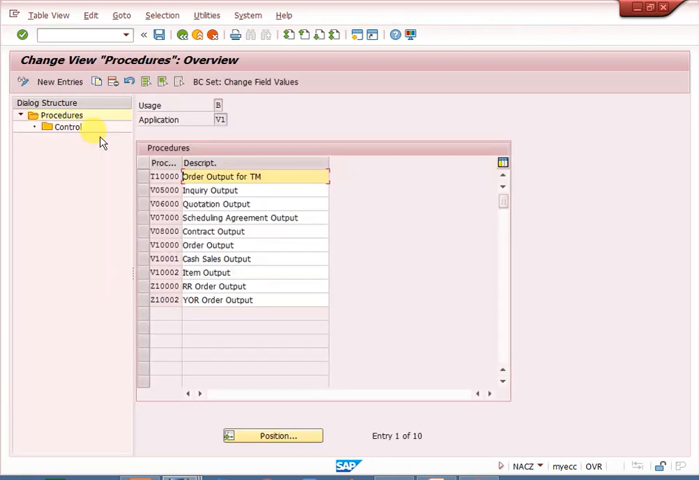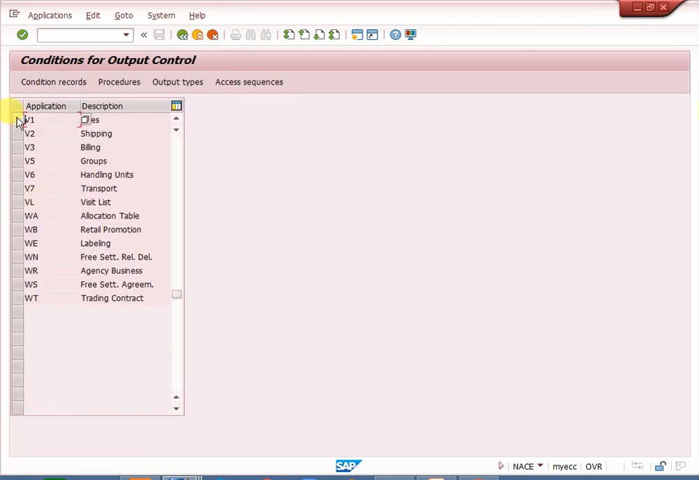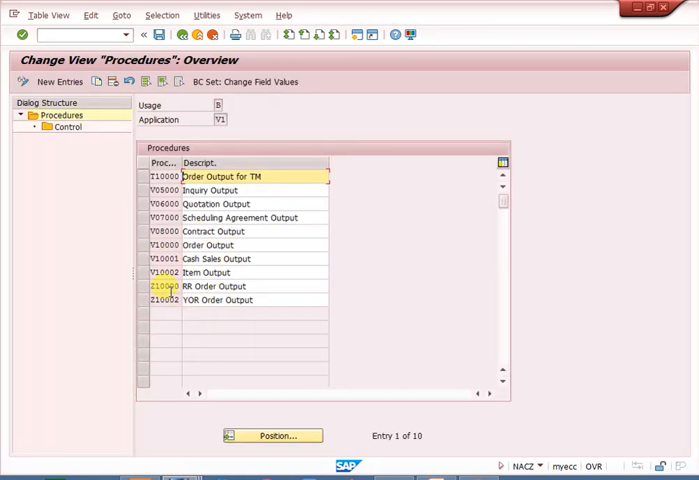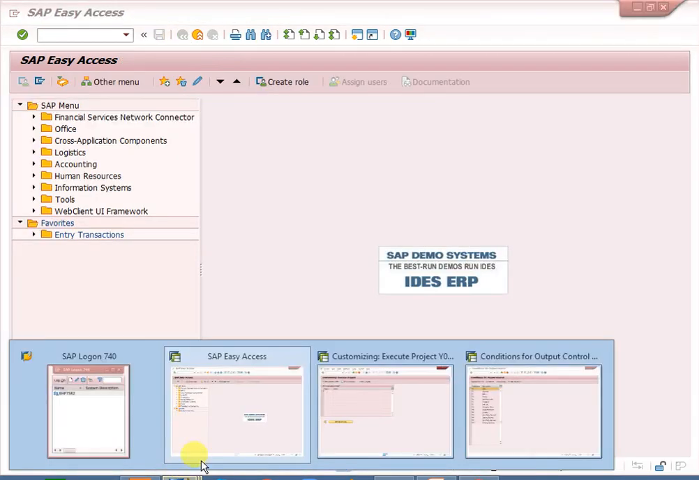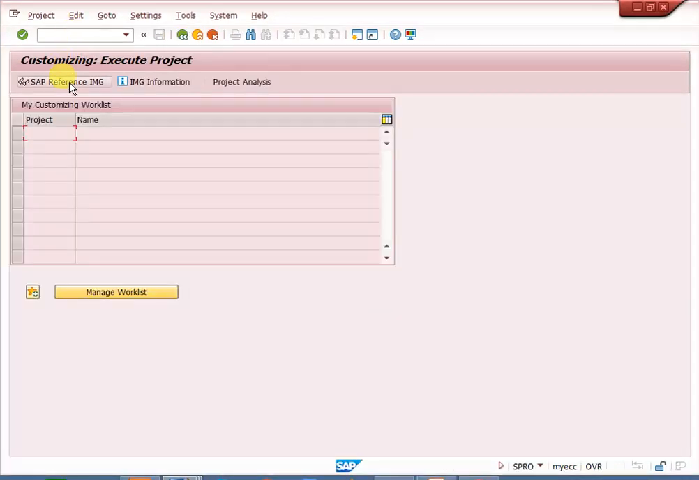is not available in NACE, because we will go through the path. We need to assign any of these output procedures to our sales document. It is not available in NACE, so it is better to go with SPRO, SAP Reference IMG,